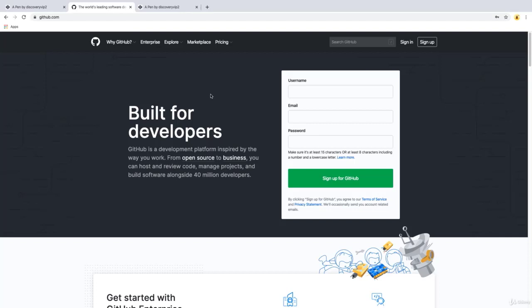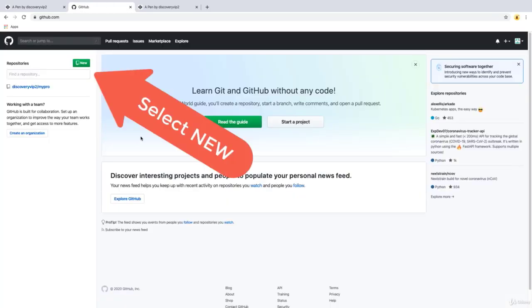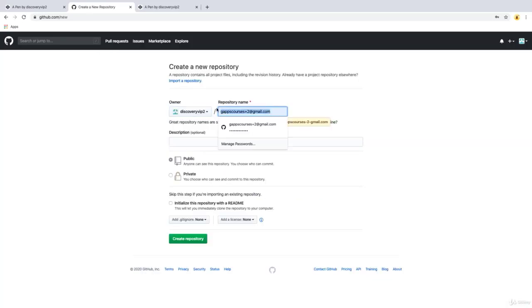And as a developer, you're going to see GitHub coming up all the time. So if you don't already have an account, go ahead and sign up for an account. I already do have an account, so I'm just going to go ahead and sign into my GitHub account. And once you're logged in, then you go to repositories and create a brand new repository and specifying the repository